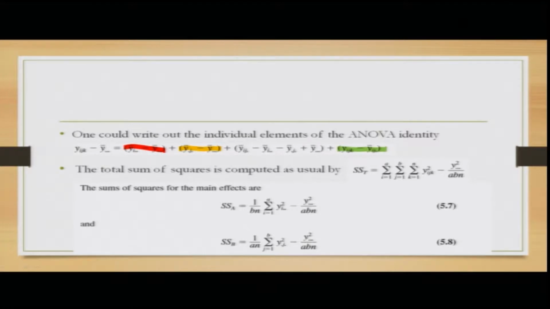So, it would be again y i j k for each cell minus the sum of, for all the n values, keeping i and j interchangeably changing from 1 to a and j changing from 1 to b, small b. And the third value,